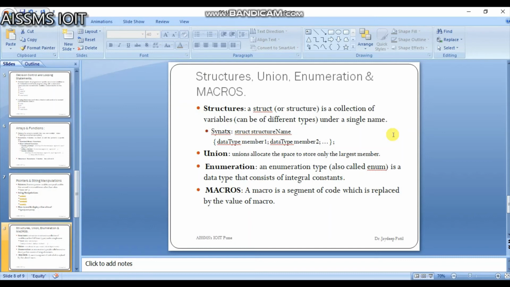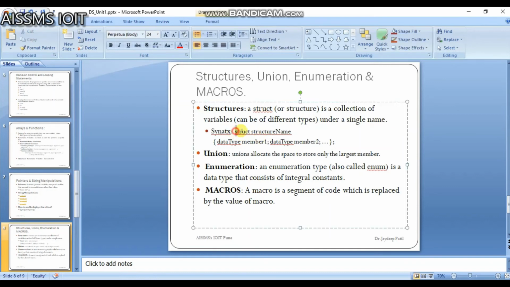Before you can create a structure variable, we need to define the data type of a structure. For example, in the syntax you can see this is a data type of structure, struct name with its members. After creating that structure we need to create variables of the structure, and for a specific variable's data member we can access it by using the dot operator.